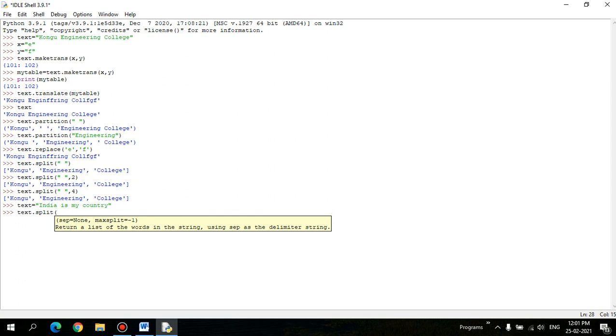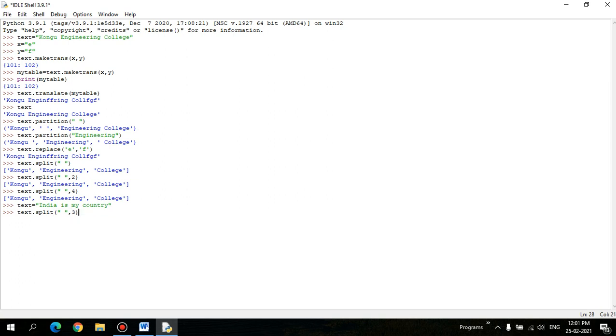So I need to specify the space, any separator that has to be defined, and the maximum split, I just want to split it into 3. It returns 4. Okay, whatever separator you want to specify, it works fine, but still that number of splits has to be changed.